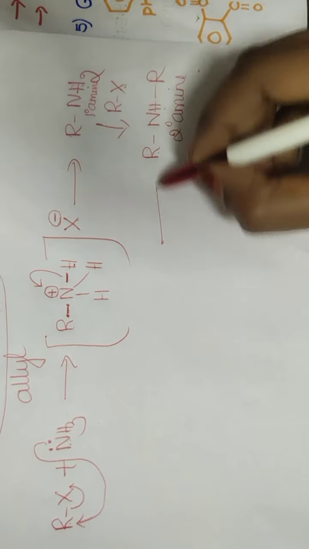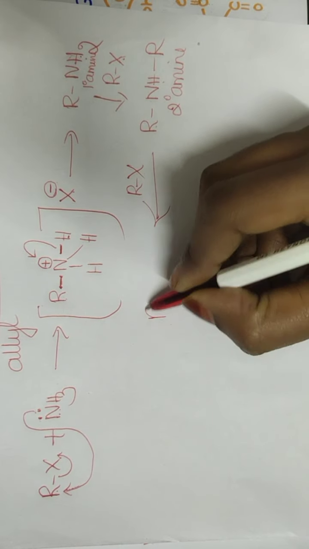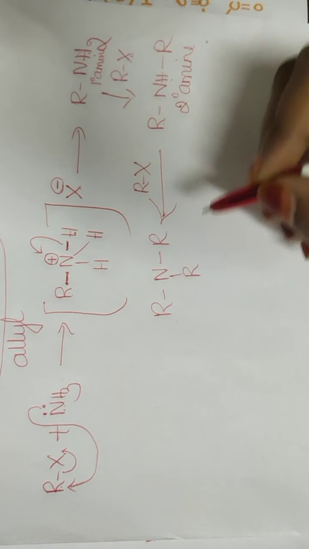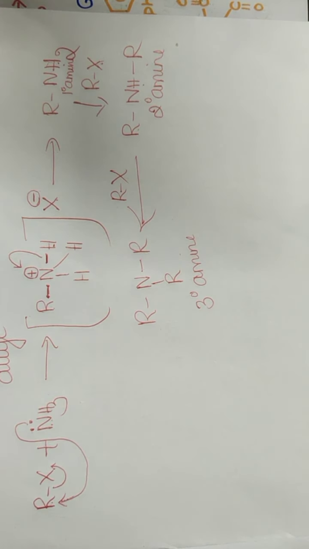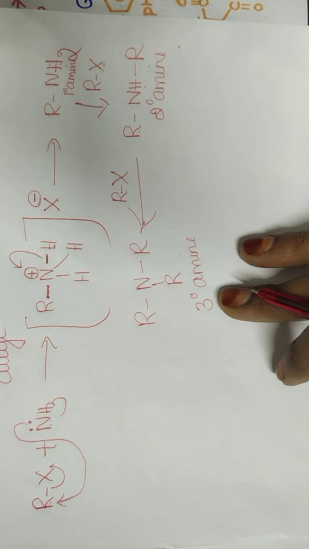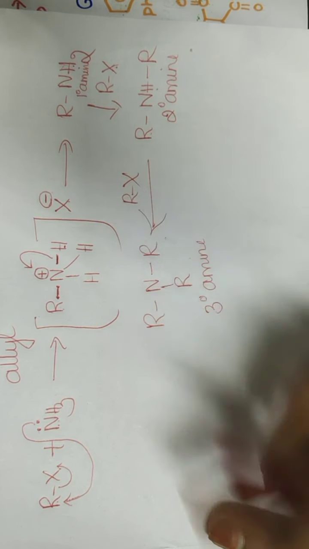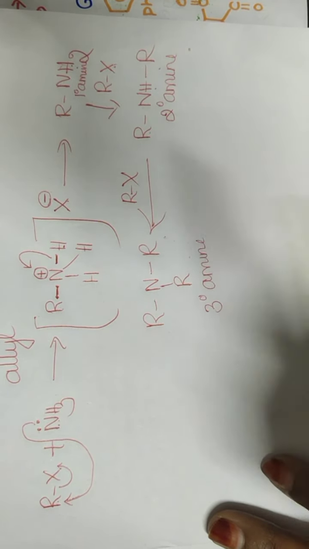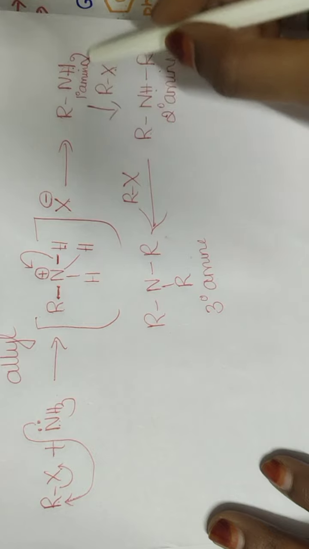So further the reaction will continue. Again another alkyl halide will add to the secondary amine until all the hydrogens on nitrogen are substituted. So therefore I'll end up with a tertiary amine. Here the reaction will stop because there are no further hydrogen atoms to be replaced with the R group. So this is ammonolysis of alkyl halide. The drawback of this method is that we end up with a mixture of amines: primary, secondary and tertiary amine. However, it is said that the primary amine will be the major product.